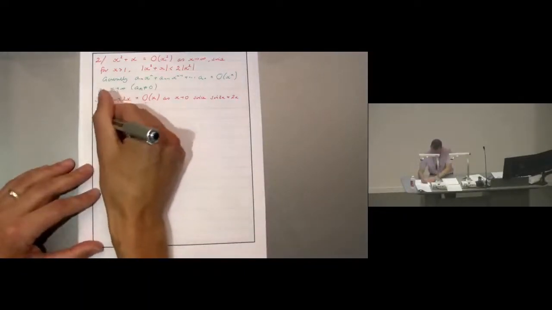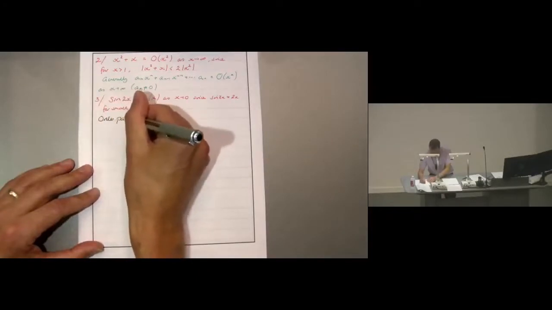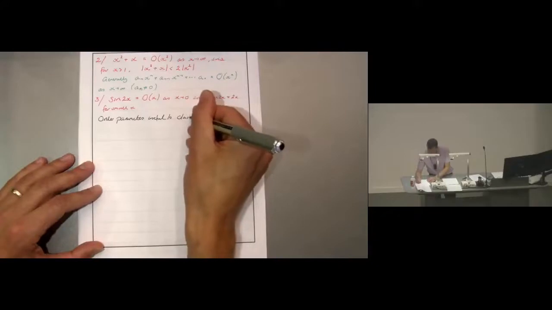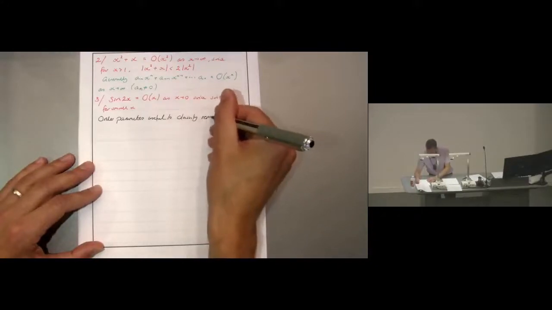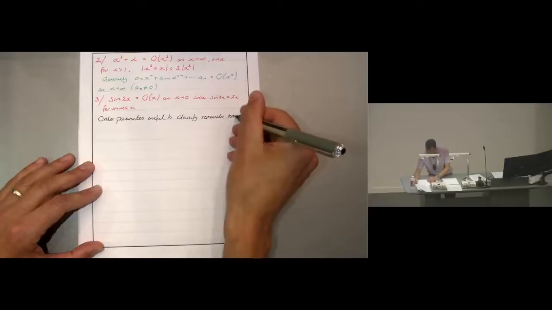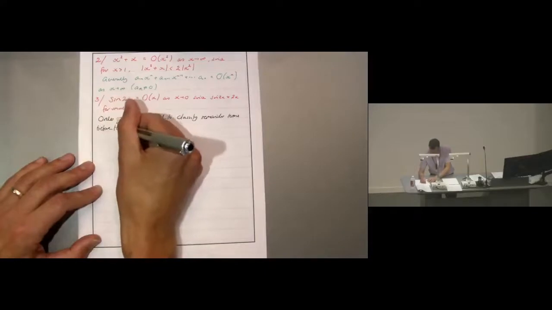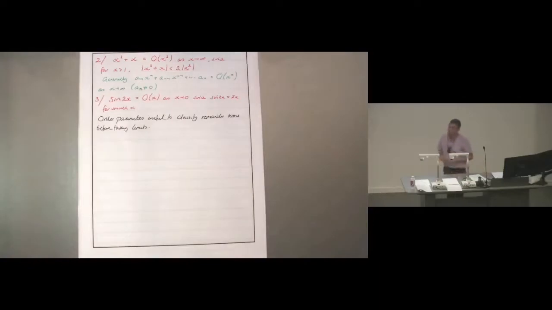Okay, so the key reason we're actually introducing these order parameters here is because, as I said, we want to use them to prove various things in calculus. So let's just see how that works. My claim is that these order parameters are particularly useful to classify remainder terms before taking limits. So what do I mean by that? Well,